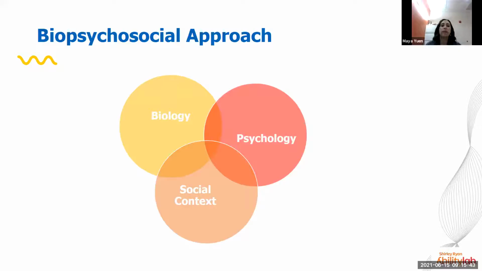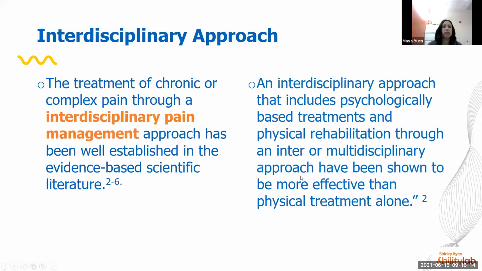So in speaking to the biopsychosocial model, we know that this is truly the best approach. I think when seeking care for any complex illness, but especially for the treatment of complex pain, it's important that the provider acknowledge and address the dynamic interactions between biological, psychological, and social components, whether it's part of an interdisciplinary model or just a sole individual provider. As part of a good interdisciplinary approach, there's a lot of evidence to suggest that this is truly the gold standard.